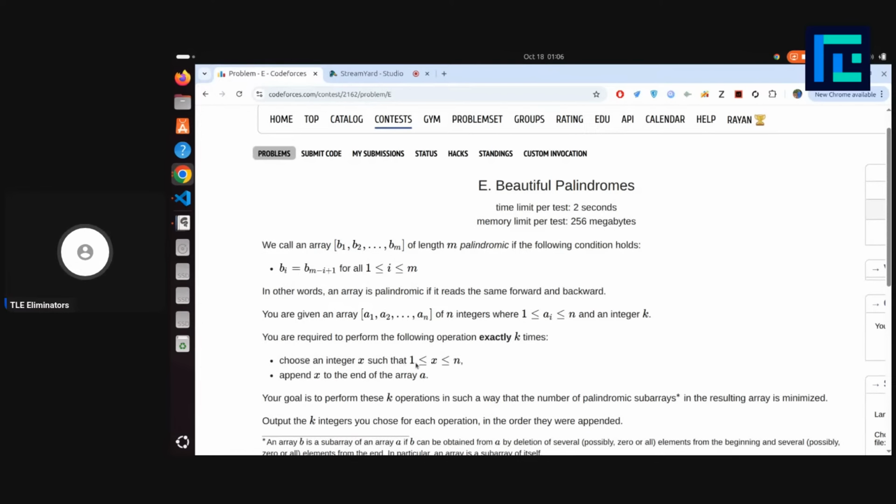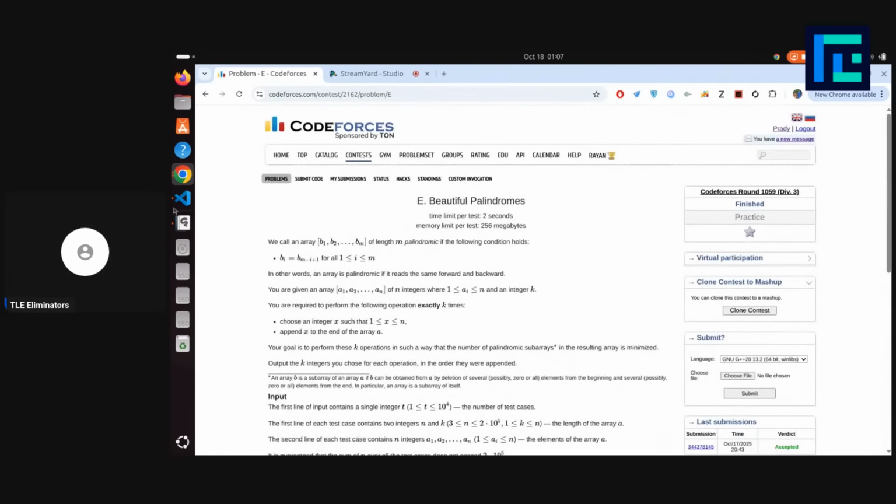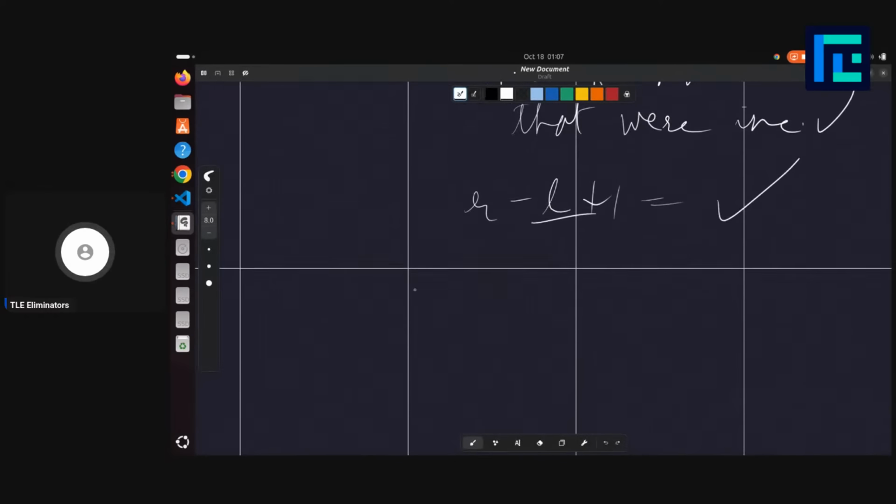Choose an integer x between 1 and n and append x to the end of the array a. Your goal is to perform the k operations in such a way that the number of palindromic subarrays in the resulting array is minimized. Output the k integers you choose for each operation in the order that they are appended. Okay, so what they are saying is